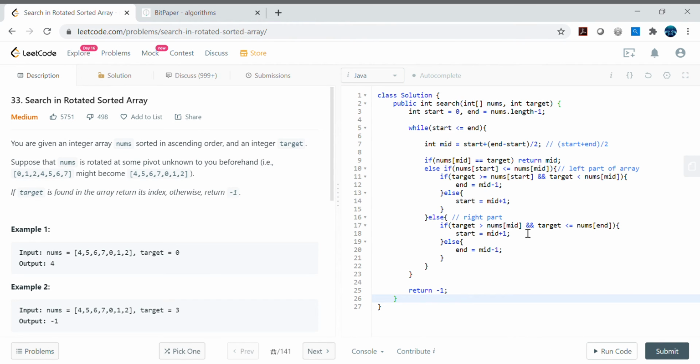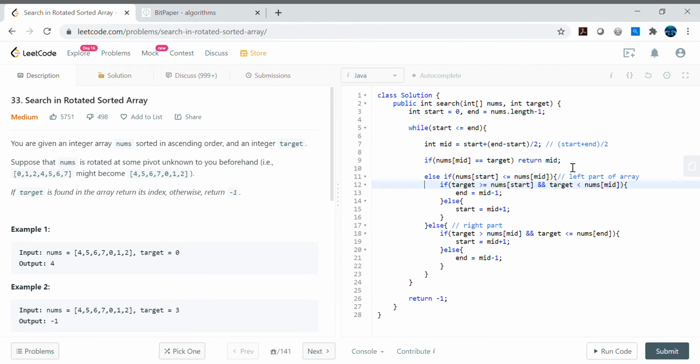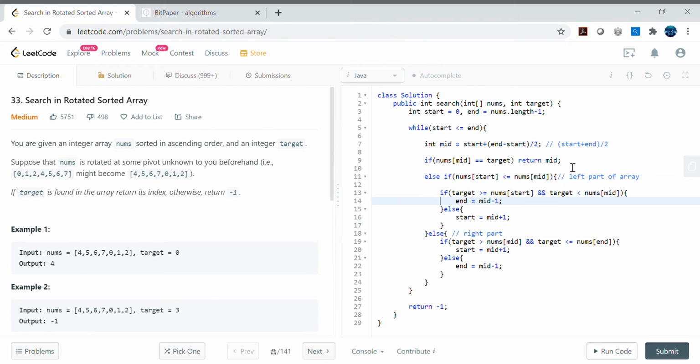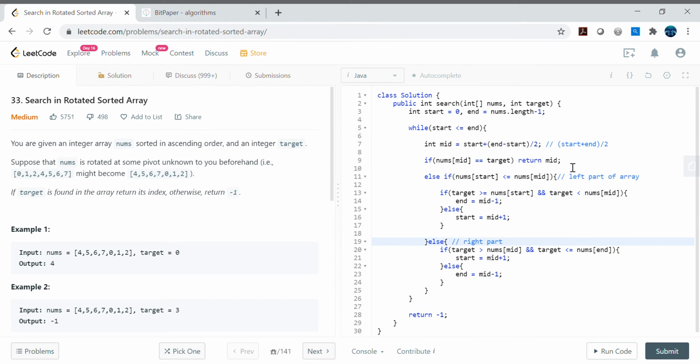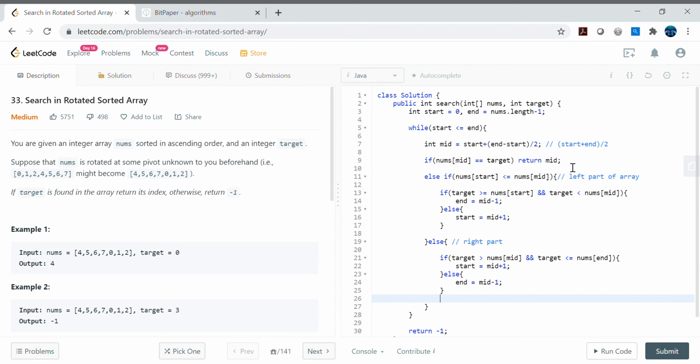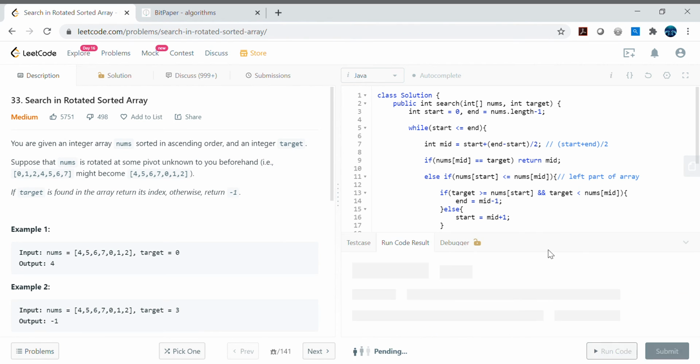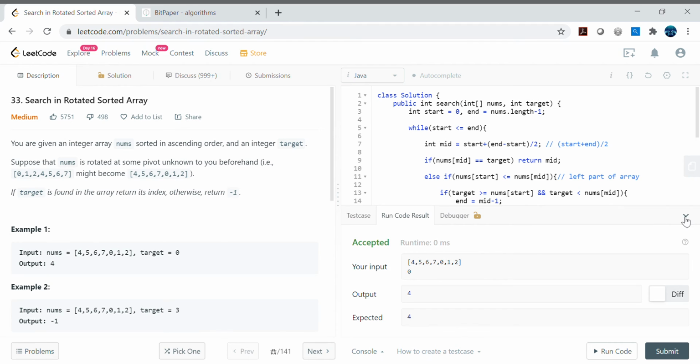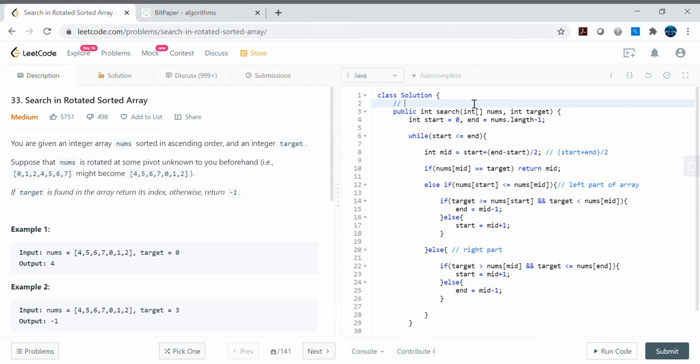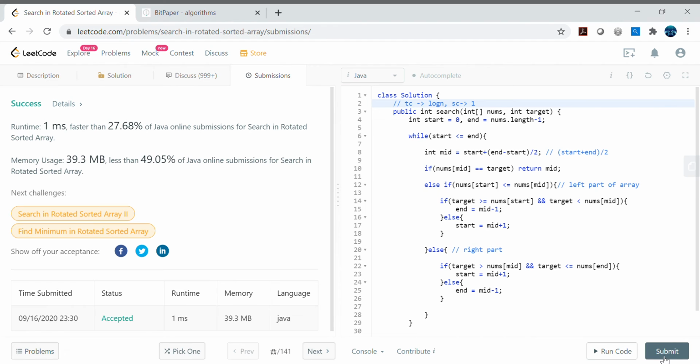This is simply a binary search algorithm. Let me use a little more space here to make it more readable. So like this. Okay, let me go ahead and compile this. And if it is working fine, we can say time complexity would be log n, because we are doing either the left side or the right side. Space complexity, we are not really taking any other space, so it will be order of 1. Let's try to submit this. If it is working, then we can move to the next thing.